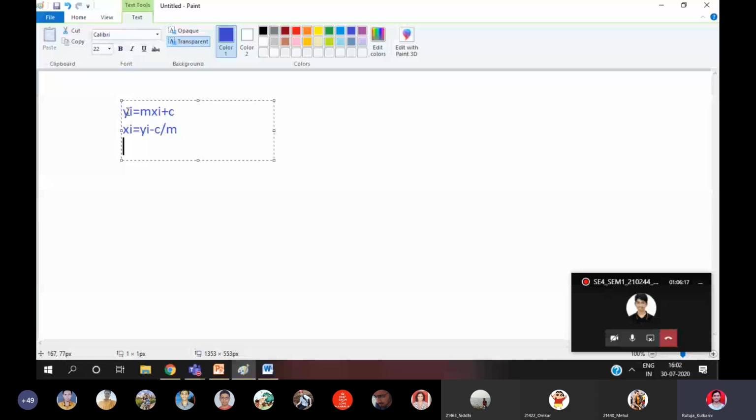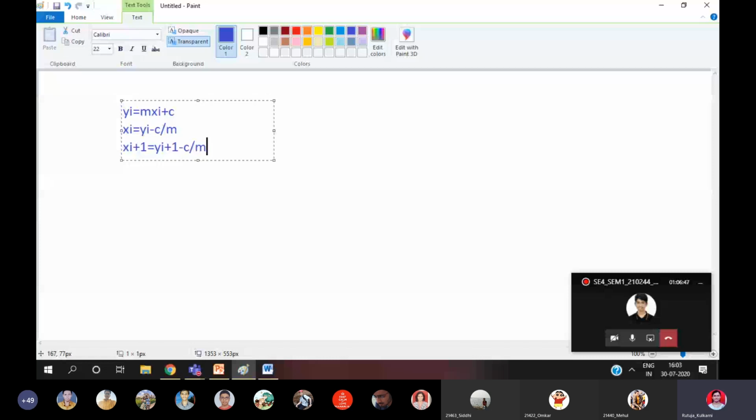So if I change it to xi plus 1, it is equal to (yi plus 1 minus c) divided by m. There will be no change in c and m. For one scan line, or one edge, m is not going to change and c is not going to change.